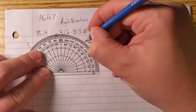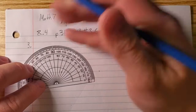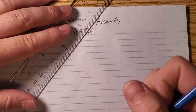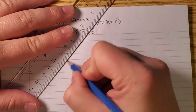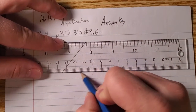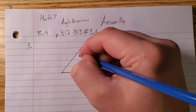I meant to say 50, because we're doing a 50-degree angle, not a 60-degree angle. Let's erase the one I didn't mean to draw. And then you are going to use your ruler and connect those dots. There. And there. Okay. Now I'm noticing I missed this dot slightly, so I might end up with slightly bigger angles than